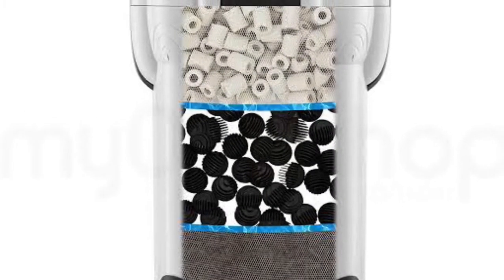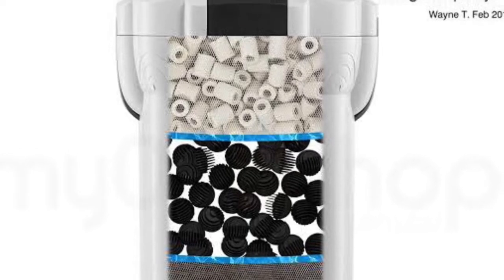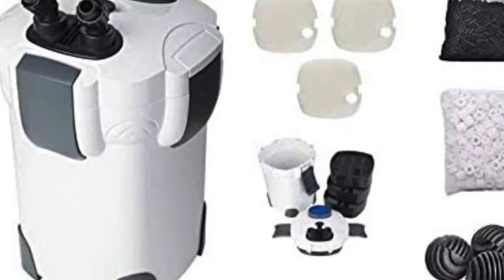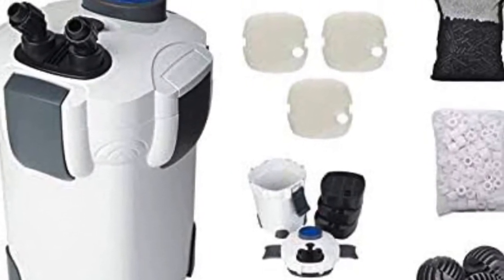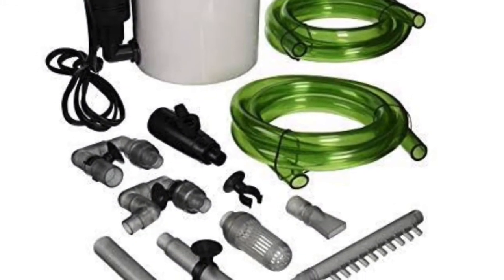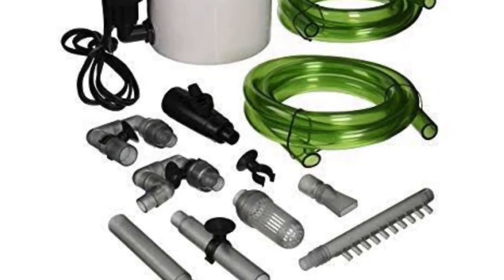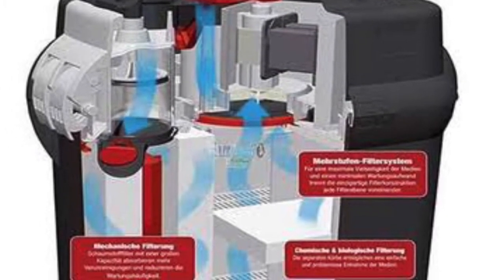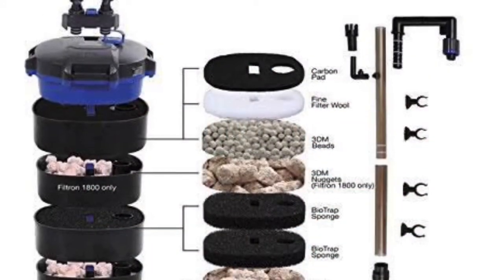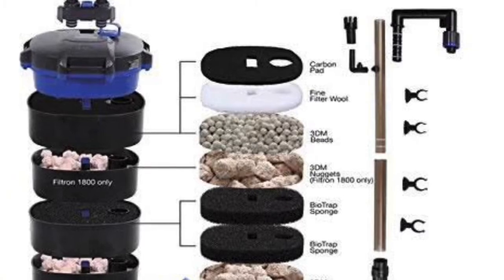Number 1, we have the canister filter. Canister style external filters allow a greater quantity of filter material to be used along with a greater degree of flexibility with respect to the filter material choice. It is important to note that canister filters are sealed, fully flooded systems, meaning that the aquarium intake pipe, filter interior and return pipe form a continuous water body. Benefits of this type of filter are that they can provide a high volume of filter material without reducing the inner space of the aquarium, and they can be disconnected from the tank for cleaning and maintenance and replaced without disturbing the aquarium interior and occupants.